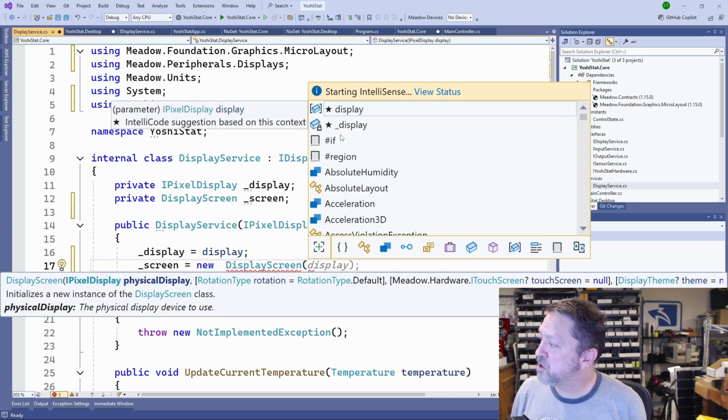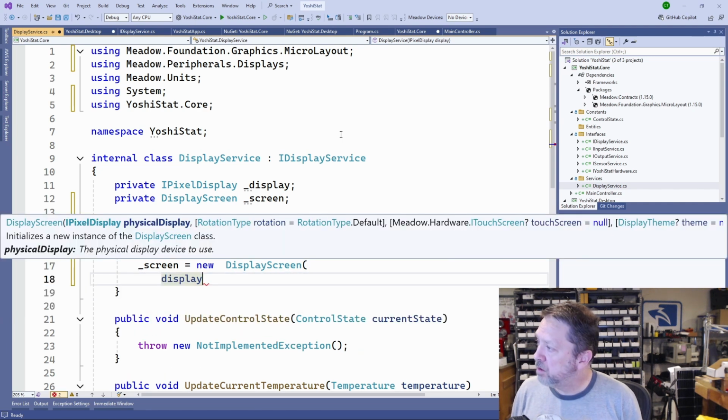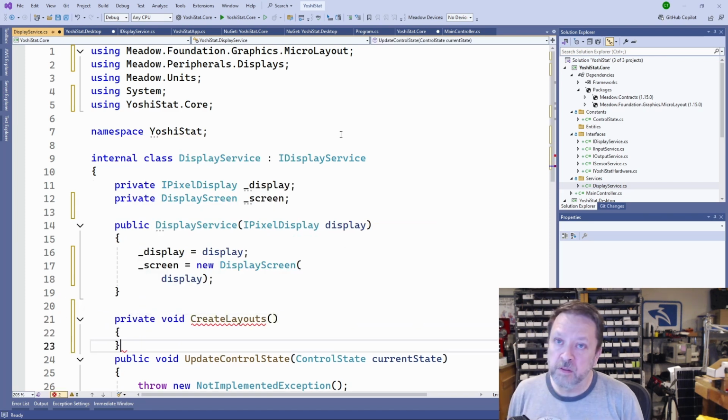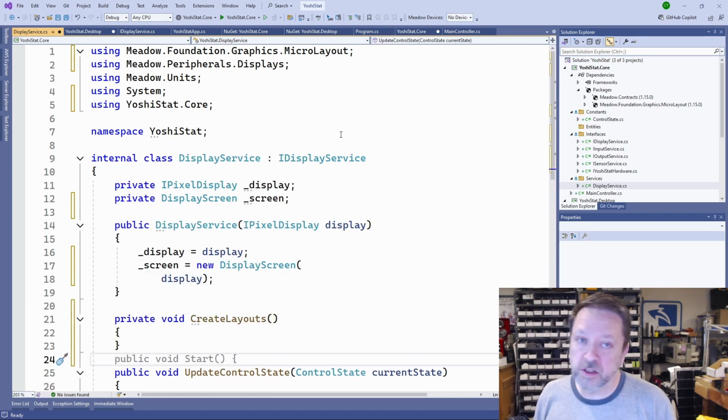So we have our display screen and we pass in the physical display. And we know that we're not going to have any rotation or things like that. So for right now, we're just going to pass in this display. Not going to worry about themes, any of that. The next thing we have to do is we need to create all of the controls that build up the